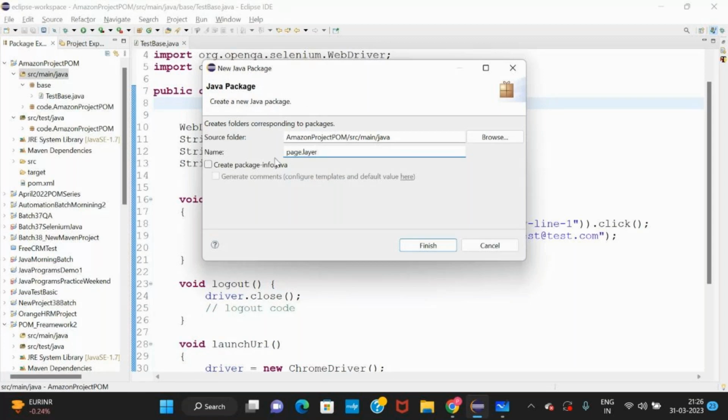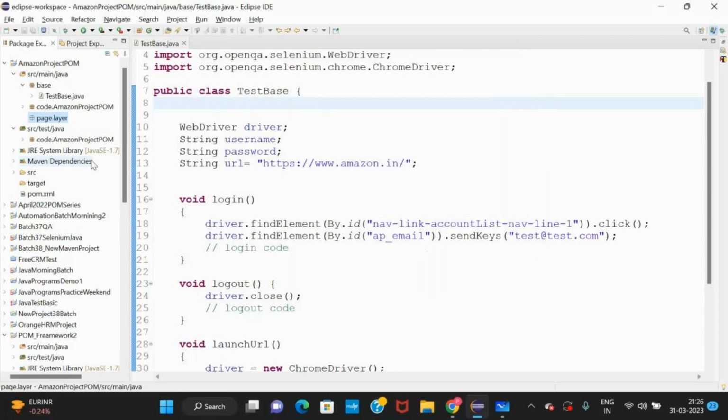In packages there is no capital; people write everything in small letters, and you can add a dot. Okay, page.layer, which is fine. Finish. Now it is empty, so it shows white color. This base class has a class, so it shows up in a different color. So our package page layer is created.